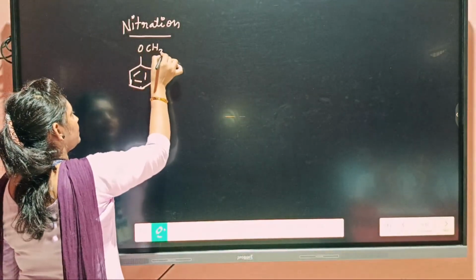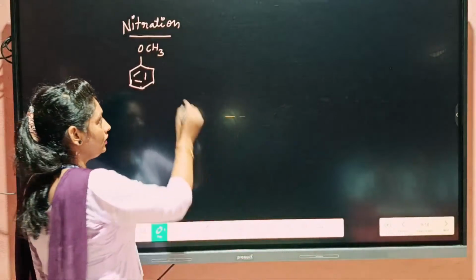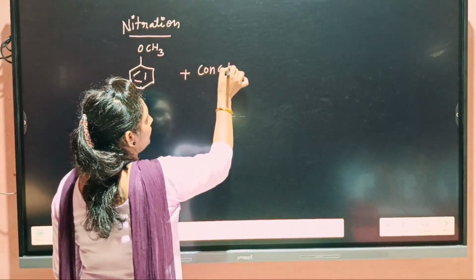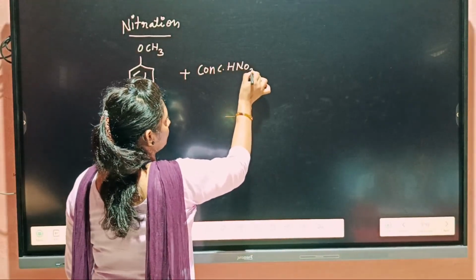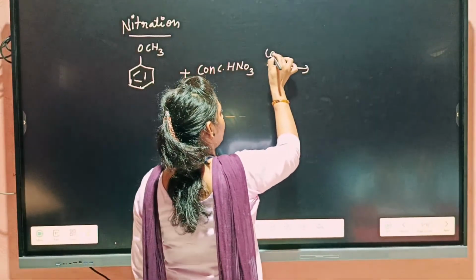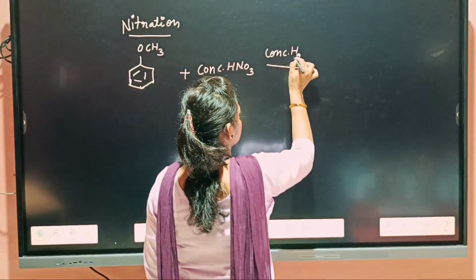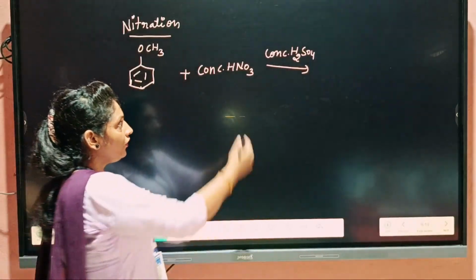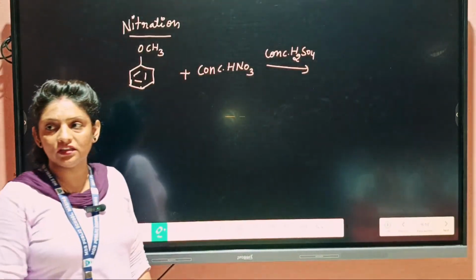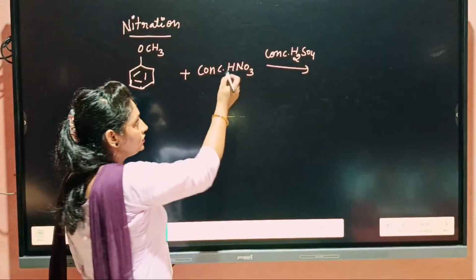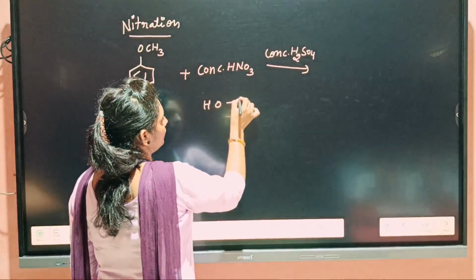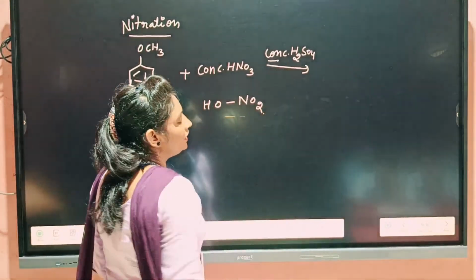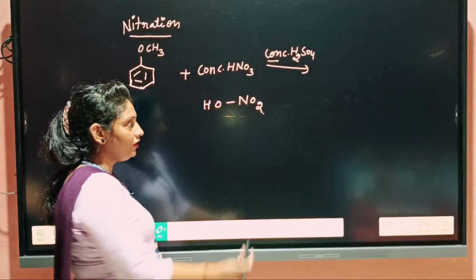For nitration, the reaction will be done with concentrated HNO3 in presence of concentrated H2SO4. So again students, first of all we will identify the electrophile here. Here I can write nitric acid in this way. In presence of sulfuric acid, it will break